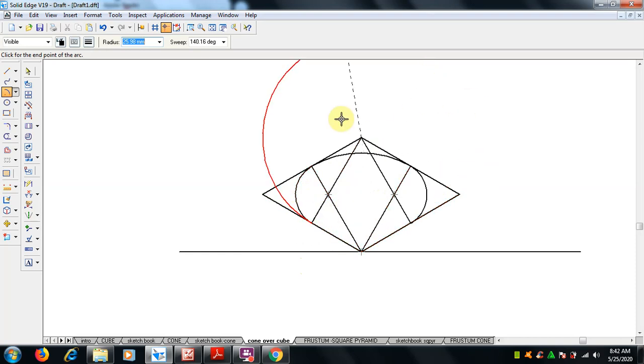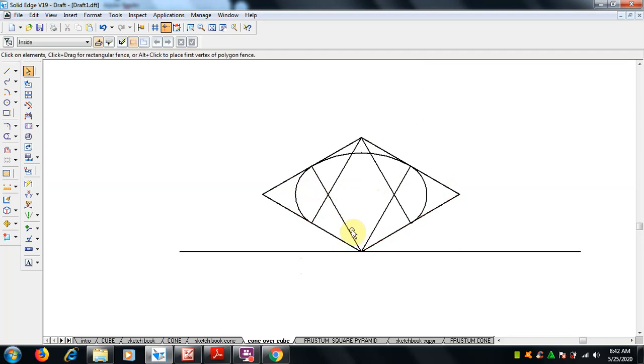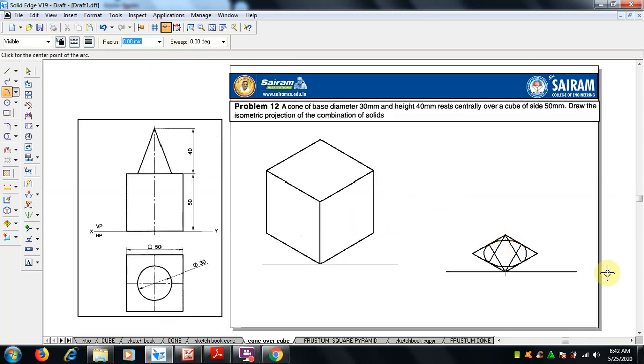So sometimes it will come like this, escape. So take this radius here, make the arc and complete, right? So now the base of the cone is over. What is the height of the cone? The height of the cone is 40 mm. So I'll go